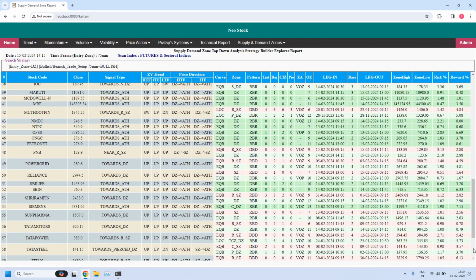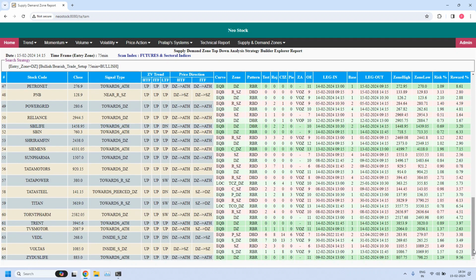Let me scroll down. Again, I'm scrolling down. So total 65 stocks are filtered. All these 65 stocks are supporting a bullish trade setup in weekly income trade. Now let us filter these stocks